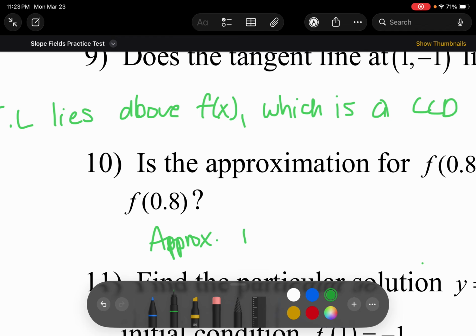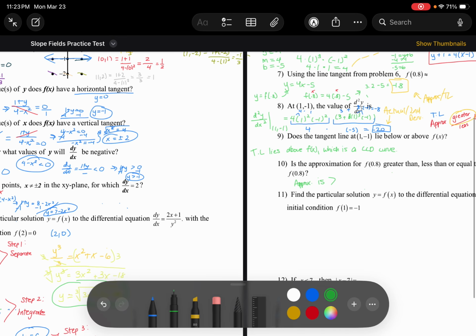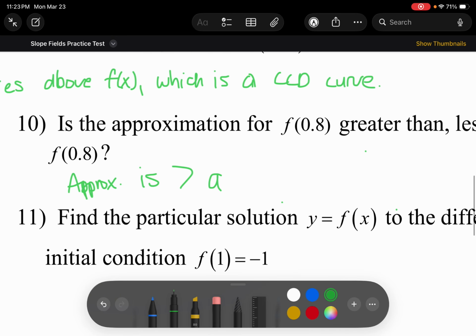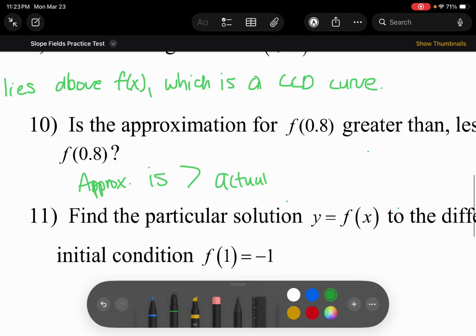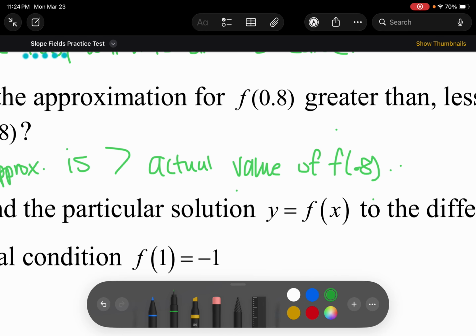Approximation is greater than actual value of f of 0.8. You do not need to type a lengthy essay to write your answers on the AP exam. You could literally just write the exact sentence I was saying,